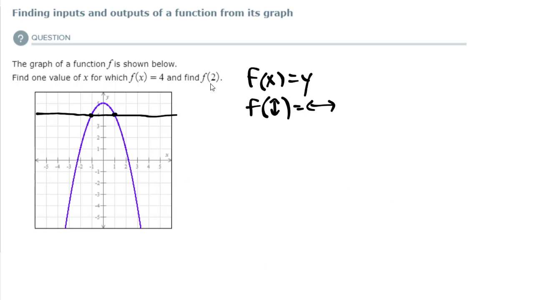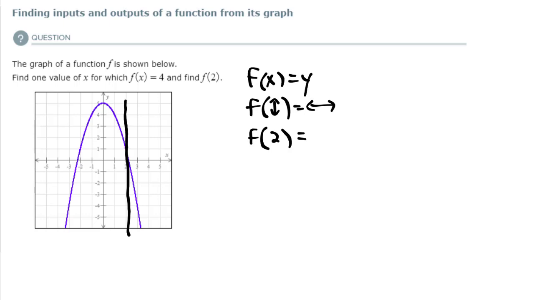It's saying find f of 2. F of 2. Let me erase this one too. I'm going to go to the x-axis, which is this one here, and draw a vertical line passing through the number 2. So first locate the 2 on the x-axis, which is right here, and we're going to draw a vertical line through this number. So I'm going to carefully draw that line,